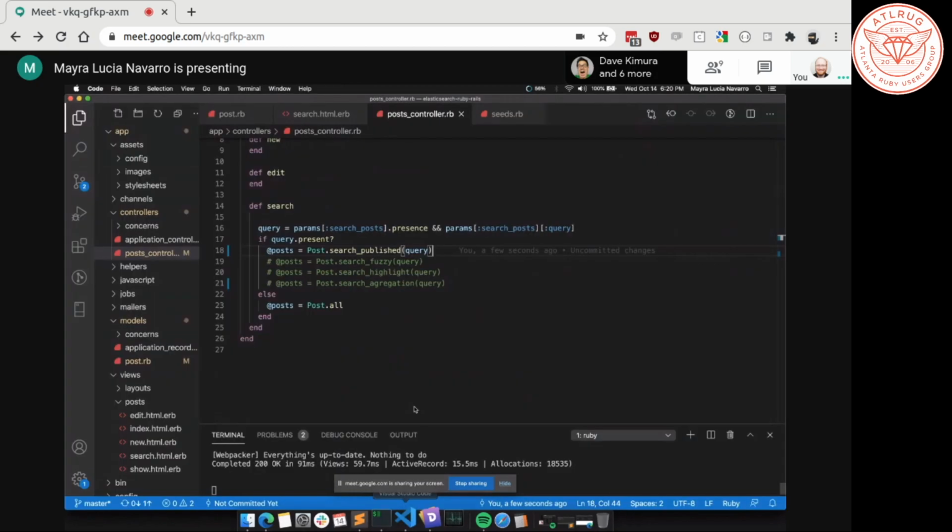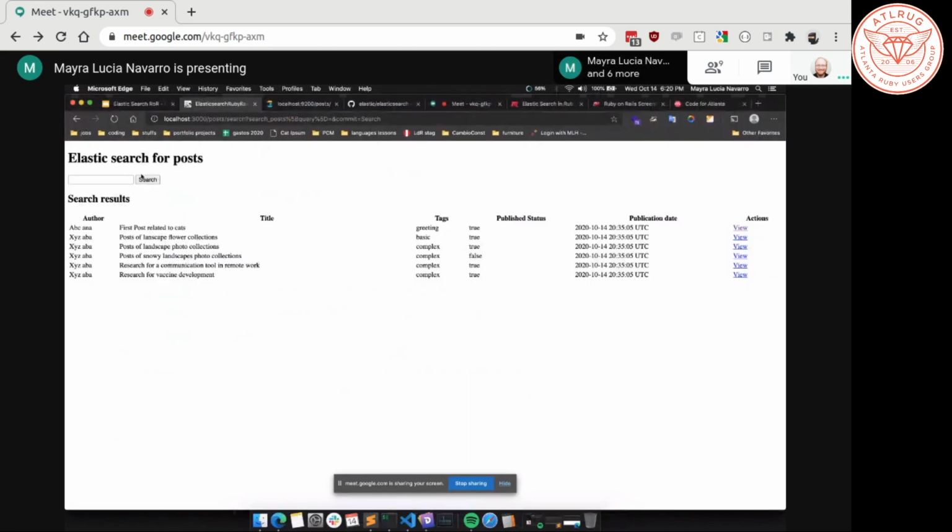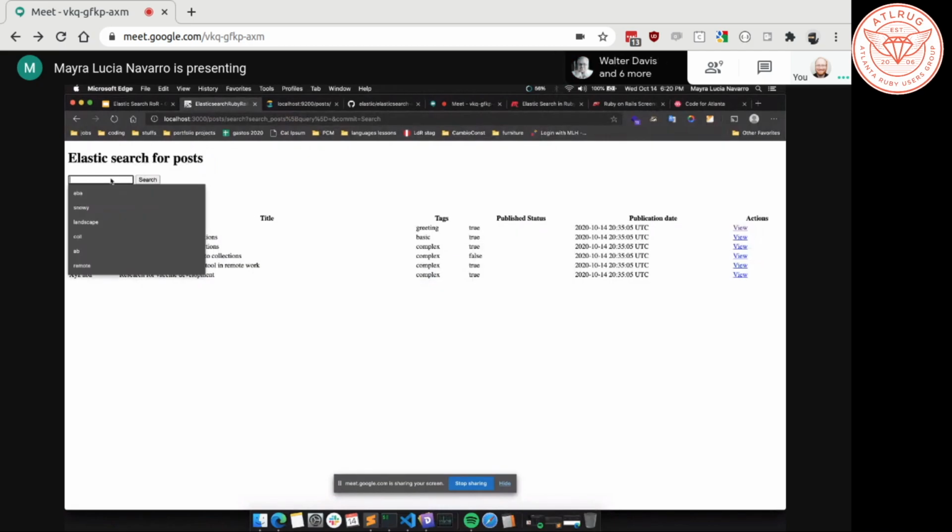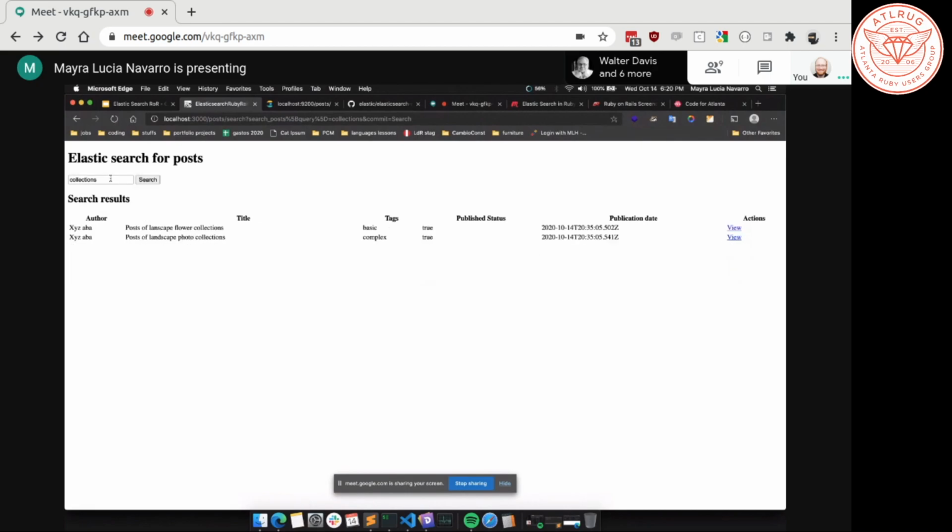This query is going to show me only everything that is published. If it isn't published, this is not going to be shown. For example, you're trying to find the word collections. This is going to show me everything that is about collections and where the published status is true.